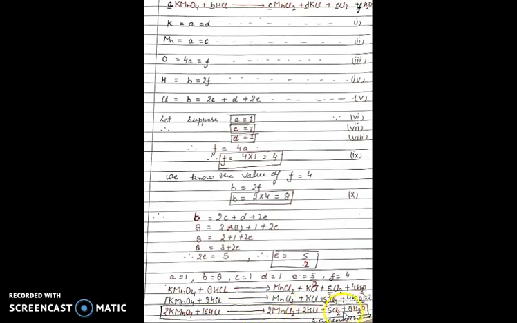So let's check whether this reaction is balanced or not. 2 atoms of K are present on the reactant side. Similarly, 2 atoms of K are present on the product side. 2 atoms of manganese are present on the reactant side, and 2 atoms of manganese are present on the product side. Here 4 atoms of oxygen are present, and this 4 gets multiplied by 2, so the total number of oxygen atoms becomes 8. And here also the total number of oxygen atoms is 8. So potassium is balanced, manganese is balanced, and oxygen is balanced.